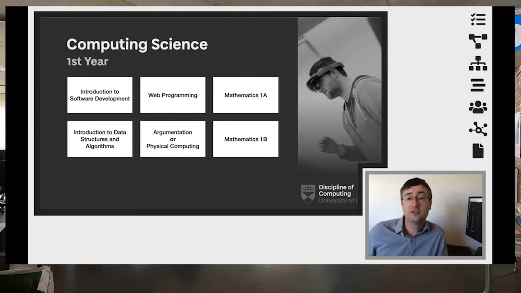And all of these subjects together create a really well-rounded first year, and it gives you the opportunity to learn more about the peers that you're going to be working with, all of your colleagues in your class, and also to work really closely with core members of our academic team.